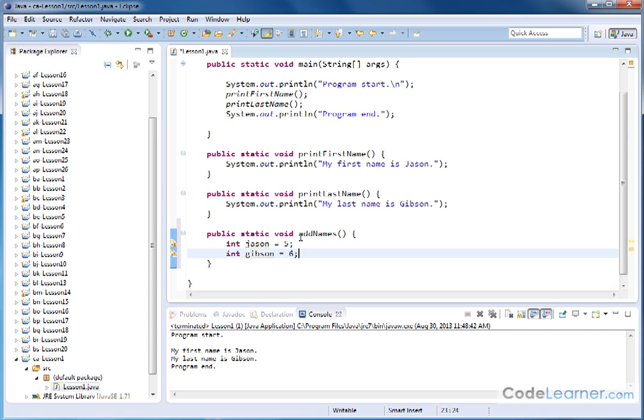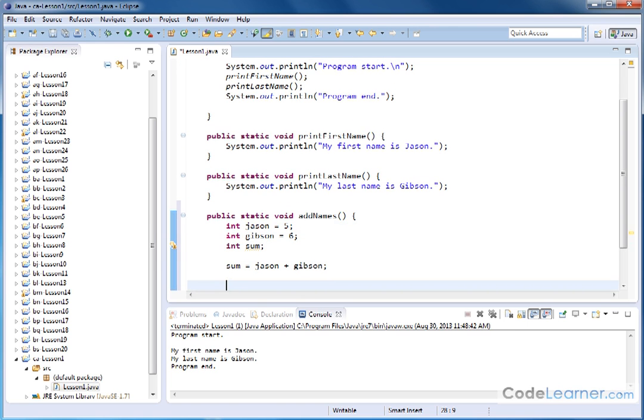So you see inside of this method, I can create my own variables, just like I can do in any other main method from above. Now down below, I can say integer sum, and then I can say that the sum is equal to Jason plus Gibson. All I'm doing is adding up the number of letters in my first name plus the number of letters in my last name, and I'm putting it in a value here. And then I can say